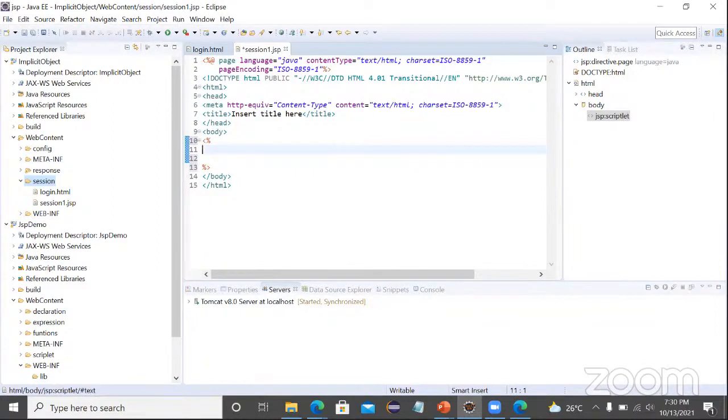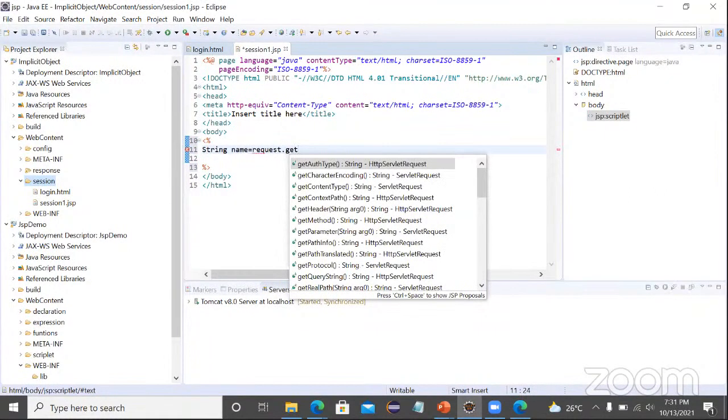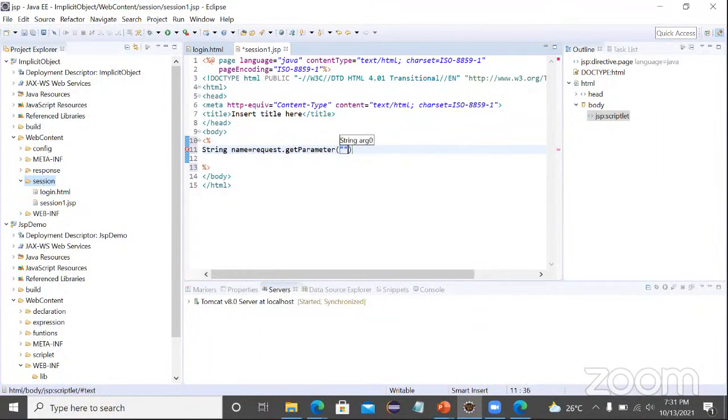In the scriptlet tag, what I'll do, I'll request the parameter. String name equals request dot getParameter, right? So within double quotes, I have to pass that parameter name, as username. And now, if needed, we can print this to the browser, right? So out dot